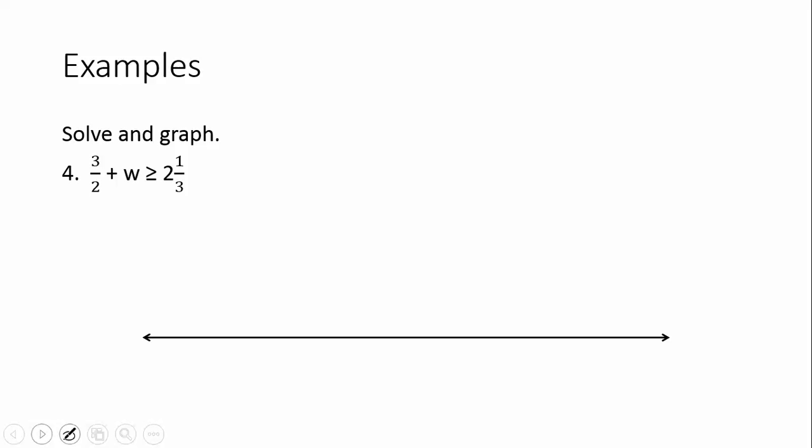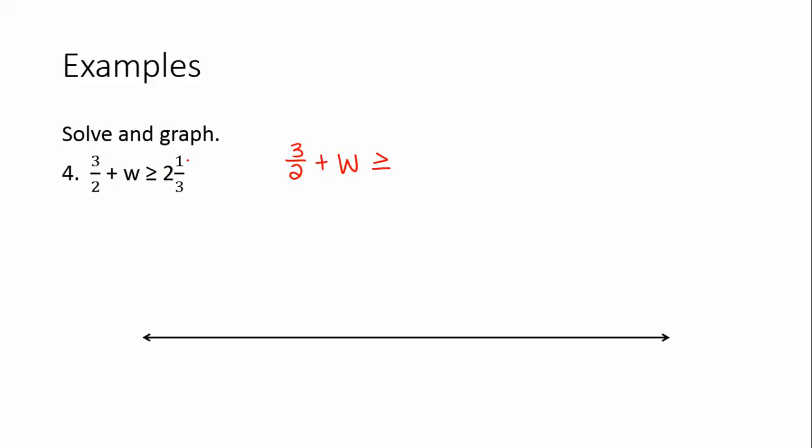Example 4, we have 3 over 2 plus w is greater than or equal to 2 1/3. So here we have a lot of fractions. Remember, the easiest way to deal with fractions is to get rid of them. But before we can figure out what to multiply by, I'm going to change that 2 1/3 to an improper fraction. So the inequality I'm going to write is 3 over 2 plus w is greater than or equal to